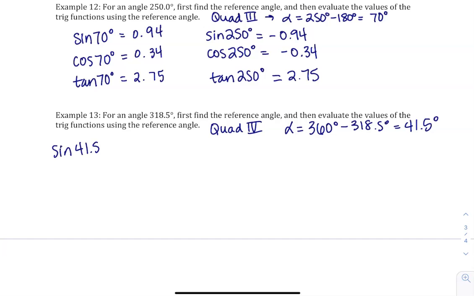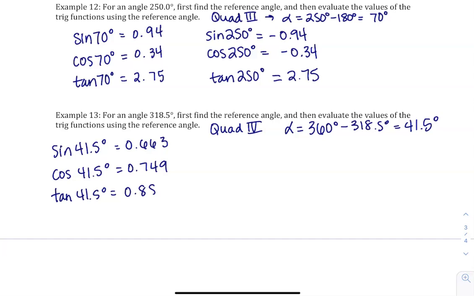So if we do sine, cosine, and tangent of these, this is going to evaluate what it would be in the first quadrant. So we're looking at 0.663, 0.749,